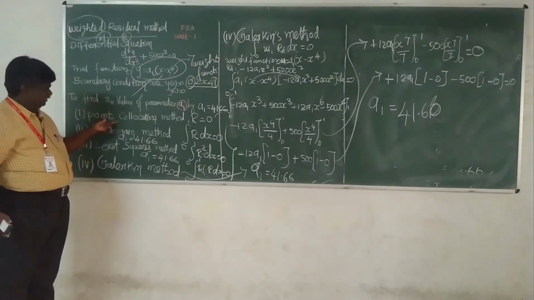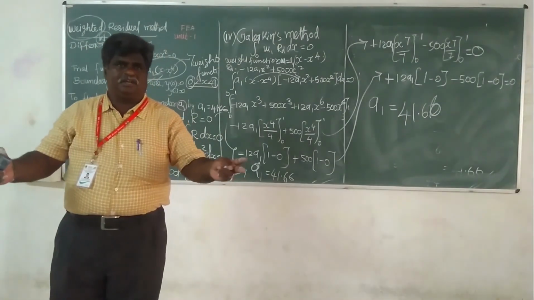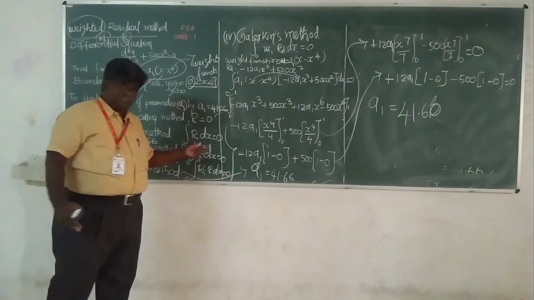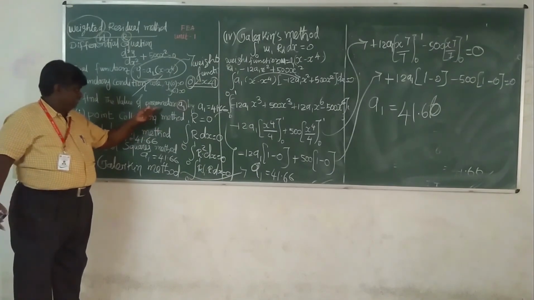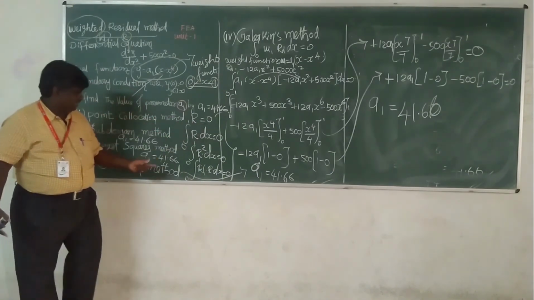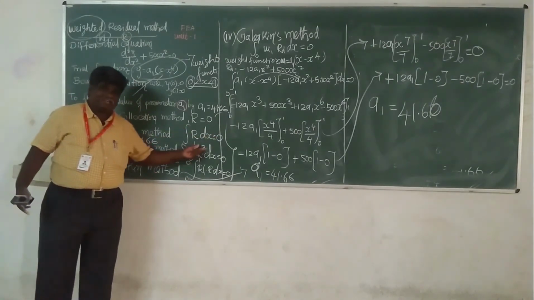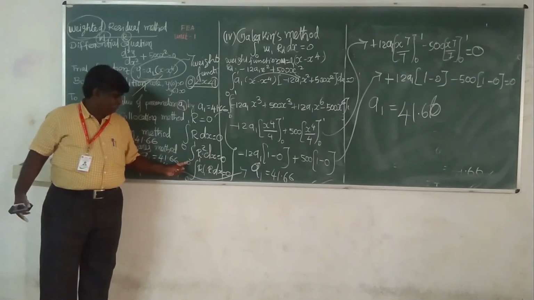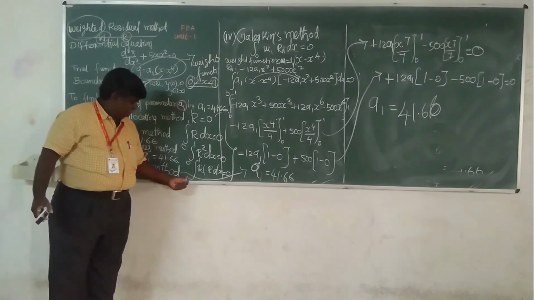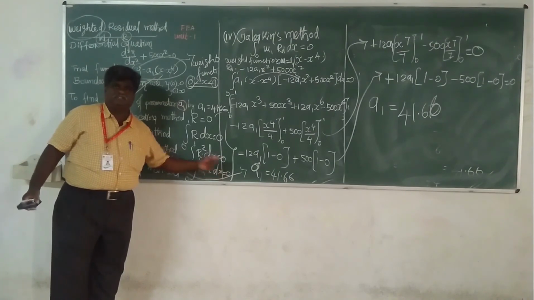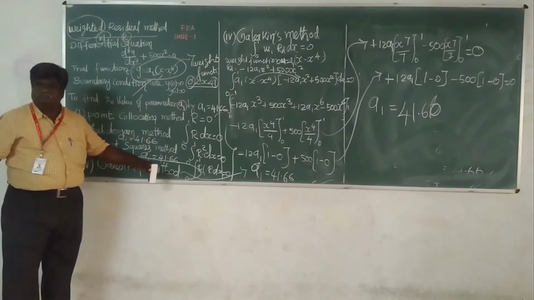First method is the point collocation method. First step, we have to verify the boundary condition. After verification of the boundary condition, next determine the residual. From the residual we calculate the parameter value a1, so the residual equal to 0. Then the subdomain method: the integral of 0 to 1 of residual into dx equal to 0. The least square method is r square dx, with limit integral 0 to 1, equal to 0. Then the Galerkin method is the integral of 0 to 1 of weight function into residual dx equal to 0. Mostly in finite element analysis we are using the Galerkin approach.